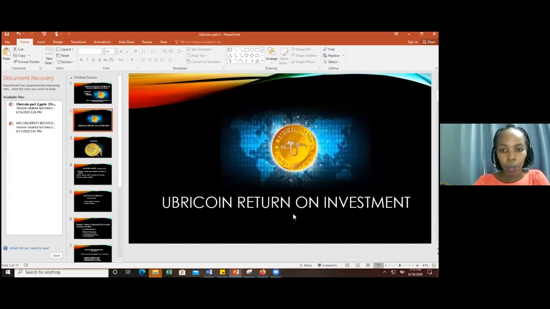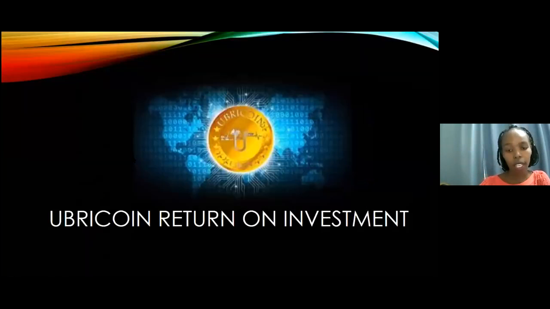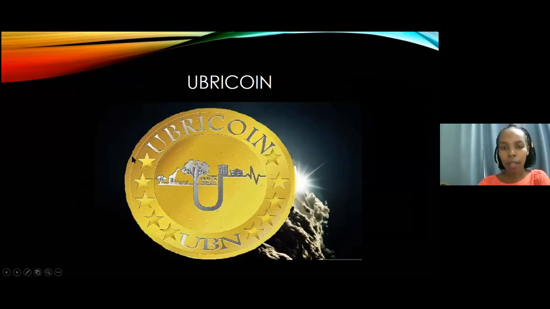So we are doing Ubricoin return on investment, and as we all know, Ubricoin is a cryptocurrency built on the Ethereum blockchain. When we talk about a blockchain, we are talking about decentralized ledgers, where every action that happens with Ubricoin is recorded in a public ledger that anyone in the world can see. And it is peer-to-peer, meaning that we do not need a third party